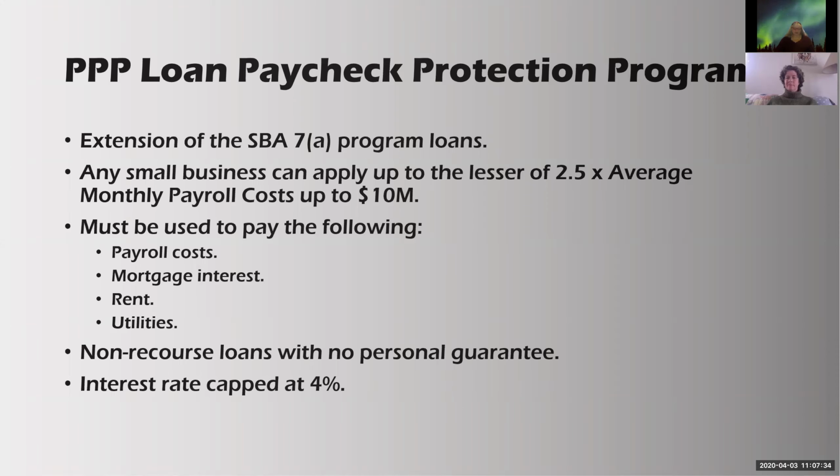Right now, they are loaning them at 0.5% because it goes off of the federal mortgage lending rates. And since they had lowered them right before all of this started to happen, they are under that 4%, but they went ahead and capped it in case the interest goes up.